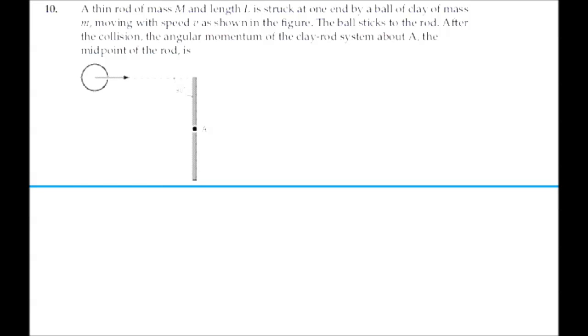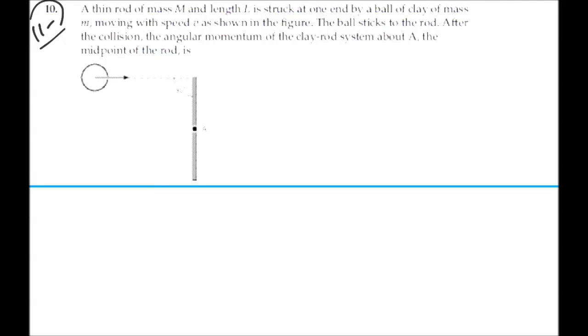Here's problem 1110. A thin rod of mass m and length L is struck at one end by a ball of clay of mass little m, moving with speed v as shown in the figure. The ball sticks to the rod. After the collision, the angular momentum of the clay rod system about point A, the midpoint of the rod, is,